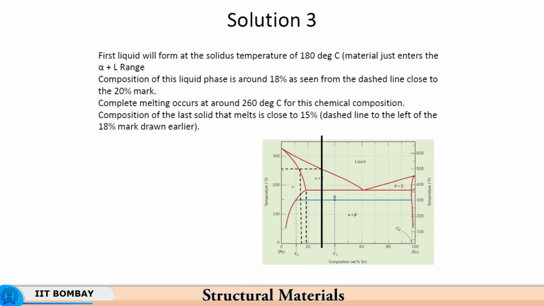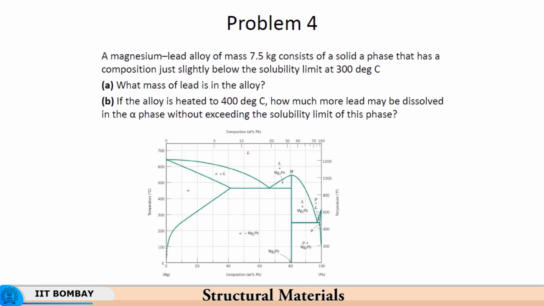Okay. We have solution 3 done, and now we come to problem 4. This is a phase diagram of a magnesium-lead alloy. Magnesium dissolves a good amount of lead until the temperature reduces. You see that as much as 40% of lead gets dissolved in magnesium at close to 500 degrees centigrade or slightly below that, about 450 degrees centigrade, and then the solubility rapidly decreases as the